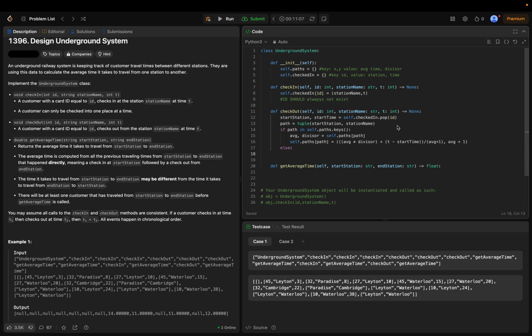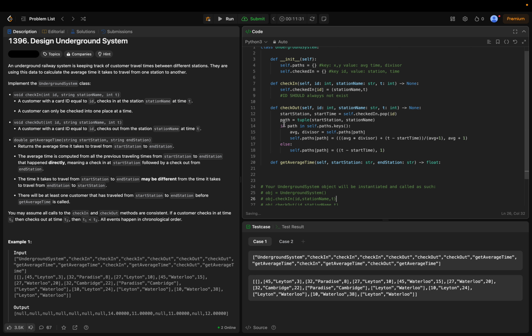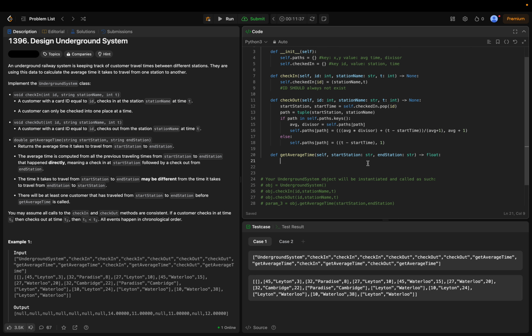Else, if this path hasn't been done before, then we just gotta say, hey, solve for that path equal to just the difference in time and 1. That looks right to me. Get average time, so I just say return. I haven't added any return statements, but it doesn't matter. They're all returning none. Return self dot add,